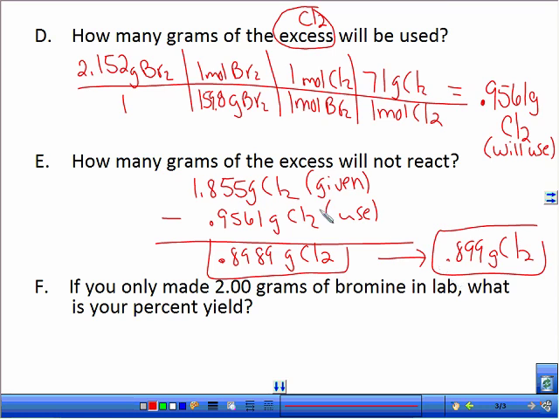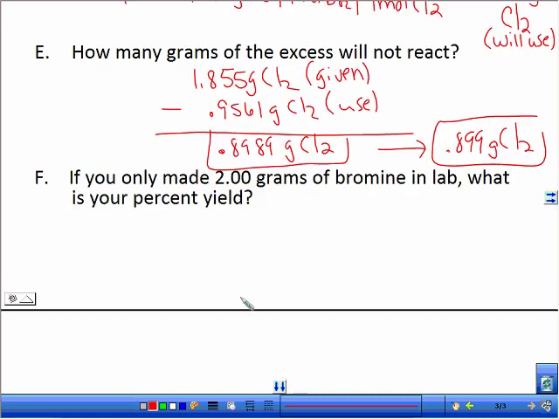On your homework, it's not going to ask you this question, but you have to do this before you can get to this. On your homework, it's just going to say how much is going to be left over of your excess. So you have to figure out how much you're going to use first and then subtract it. So this step has to be done before you can do it. Last part of this is percent yield. Percent yield, again, was the actual, which we say is the actual lab situation, divided by the theoretical, which is stoichiometry,